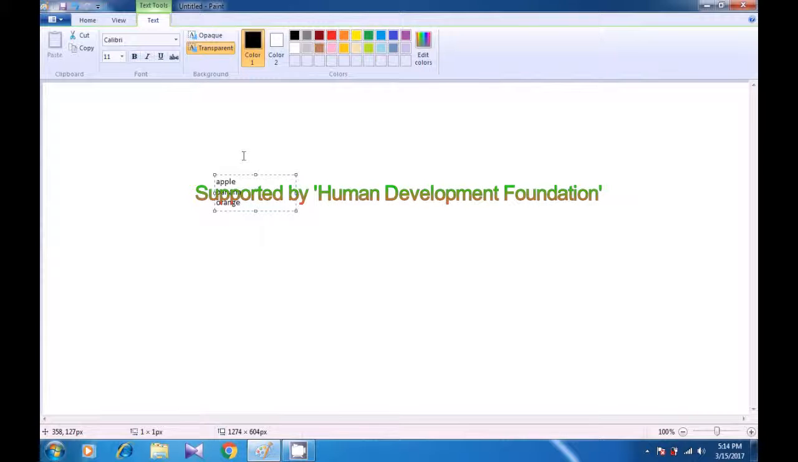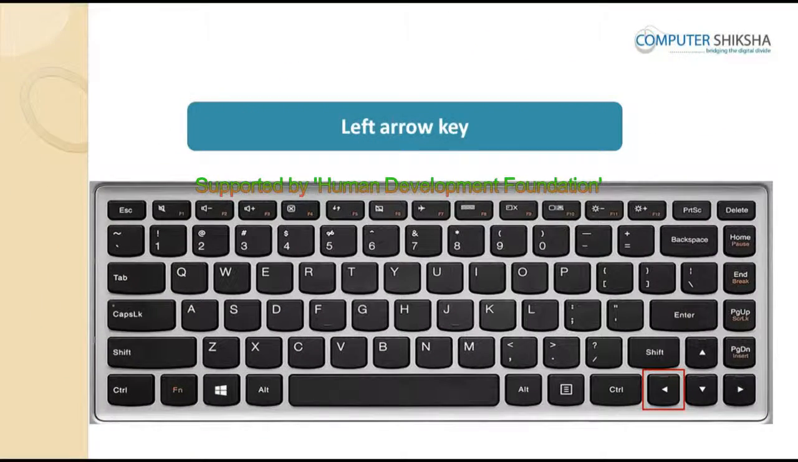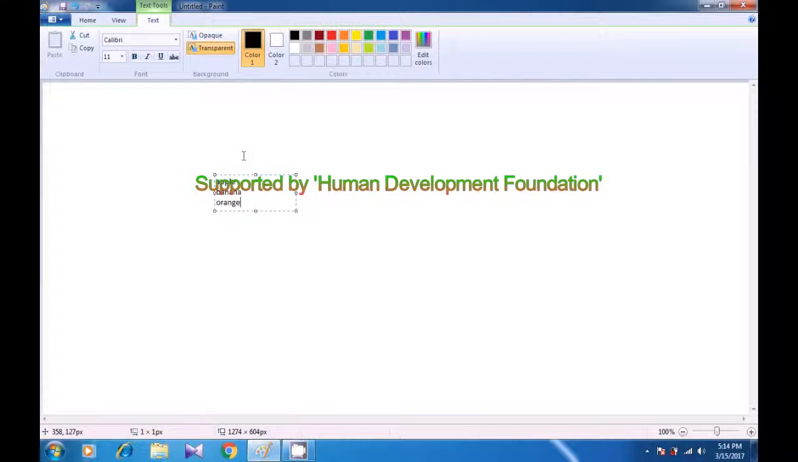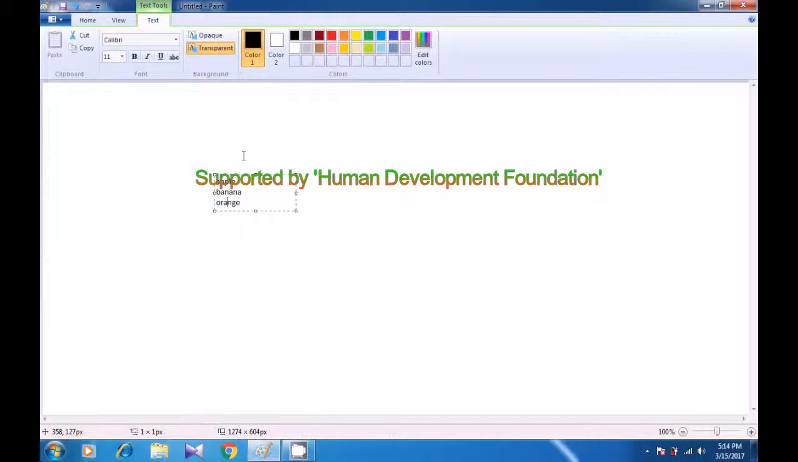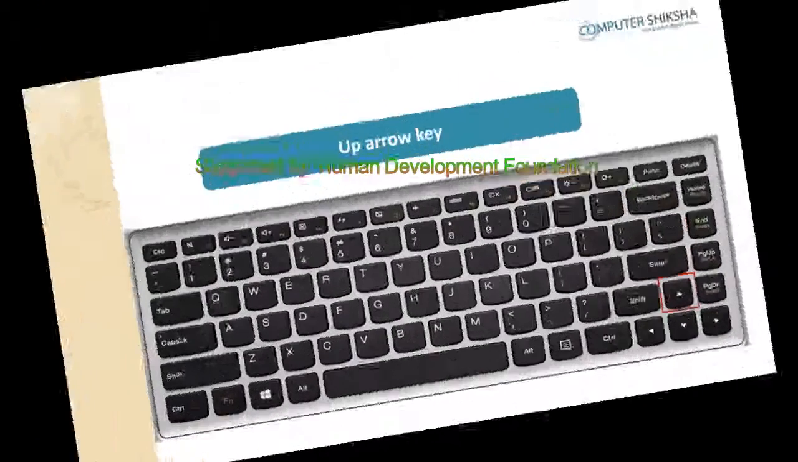Presently, the cursor in your drawing is on the last line. If you want to bring your cursor to the middle of the orange, you will use the left arrow key. If we want to bring the cursor to the second line, first we go to the center of the word orange by pressing the left arrow key. Now your cursor is within the orange, but next you want to take the cursor to the right of the banana. What you need to do now is to press once the up arrow key